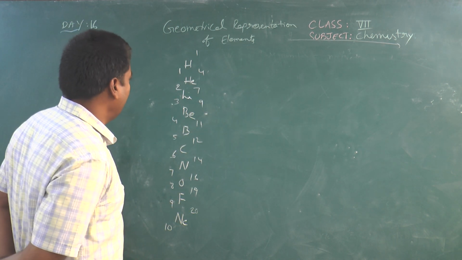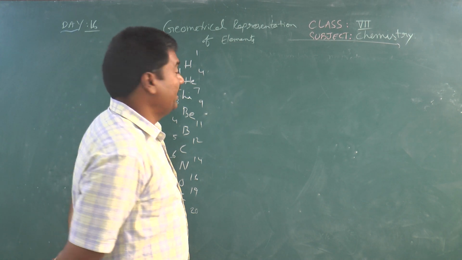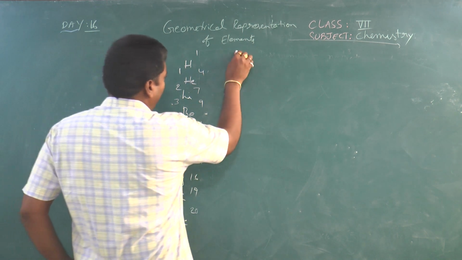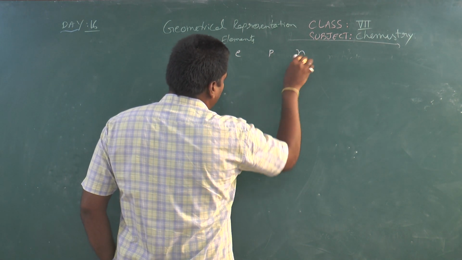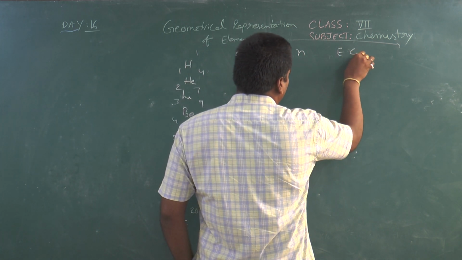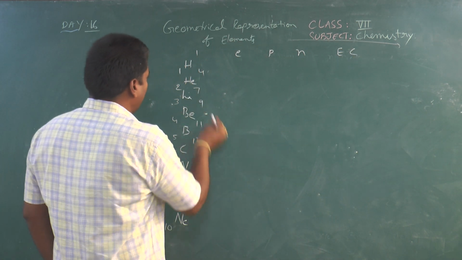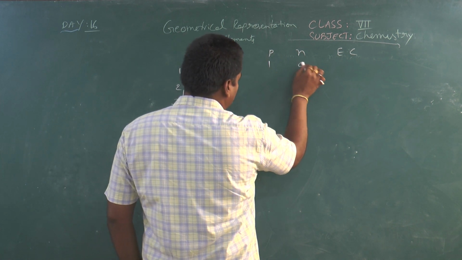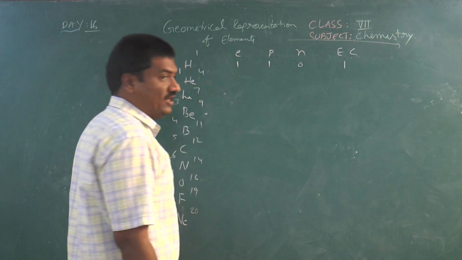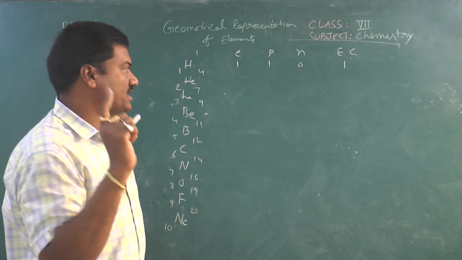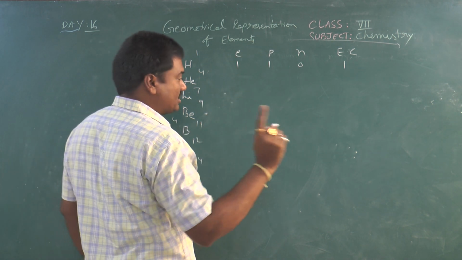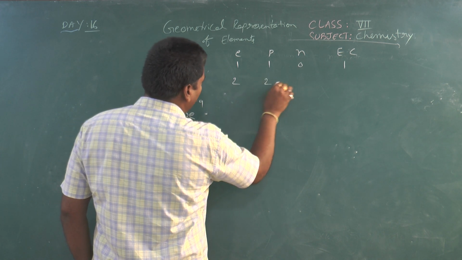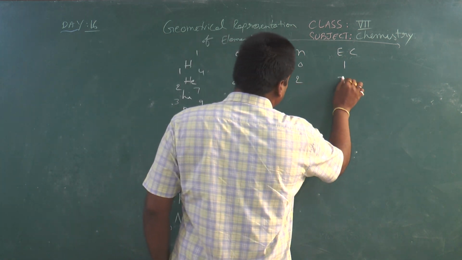Now for these elements, we come to the number of electrons, number of protons and number of neutrons, and then the electronic configuration for that specific element. Hydrogen: one electron is there and one proton, but neutrons are 0. Then the electronic configuration is only 1. Only one orbit, the first orbit, we have, and one electron is present in it. Now come to 2He4. Then 2 electrons, 2 protons, 2 neutrons. So the electronic configuration is only 2.